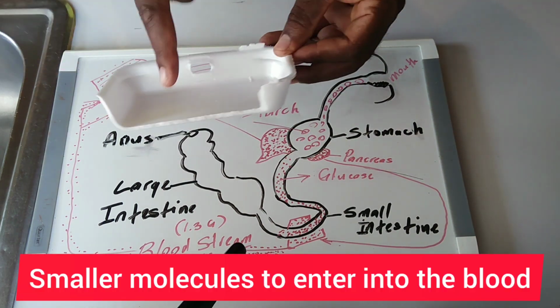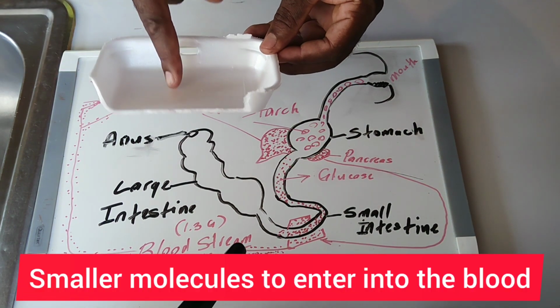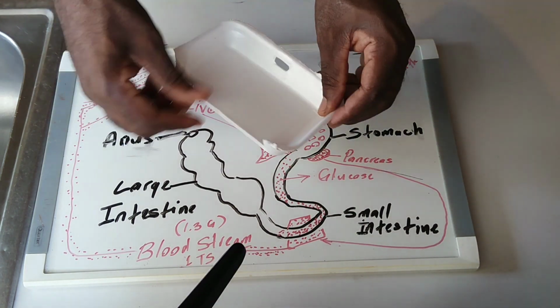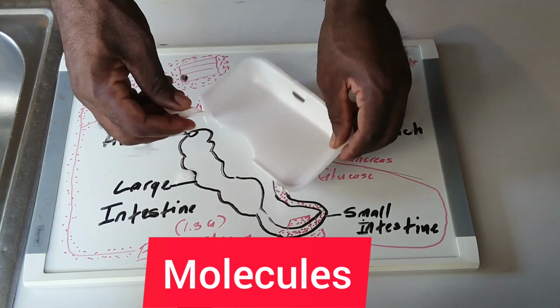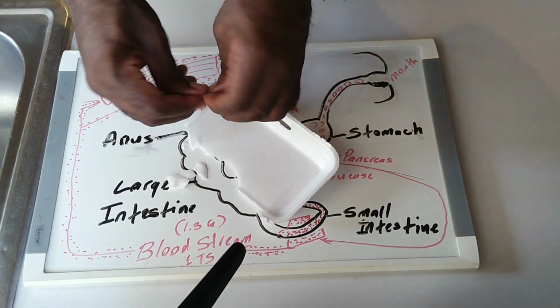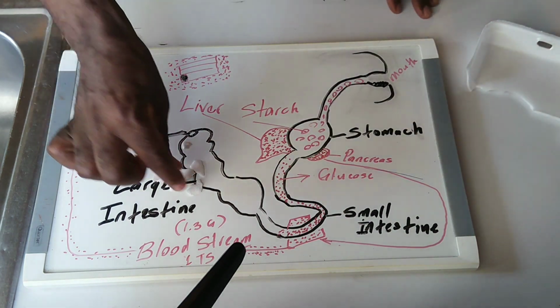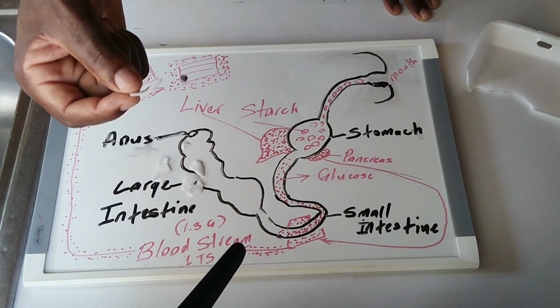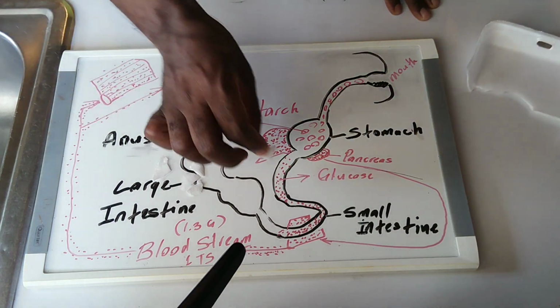Now, this can go in your bloodstream. The starch molecule can go in your bloodstream. It has to be digested. So what digestion does is actually to break it down like this. It breaks them up into smaller pieces, right? And these smaller pieces now, they are not called starch anymore. They are called what? Glucose. And these are what is going to go in your blood.